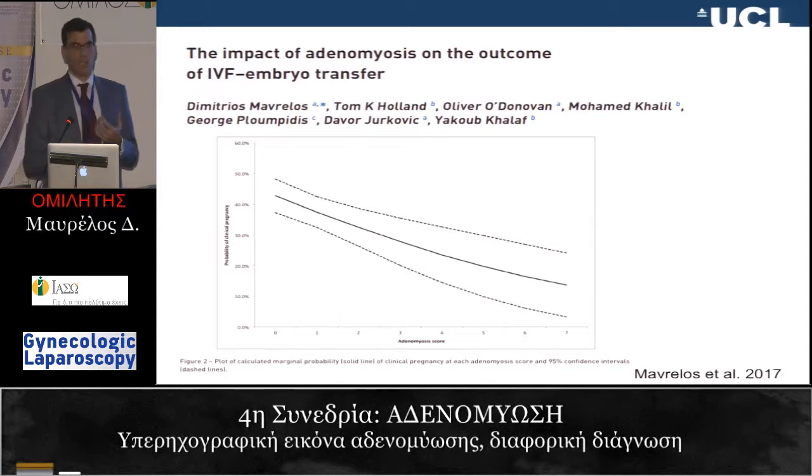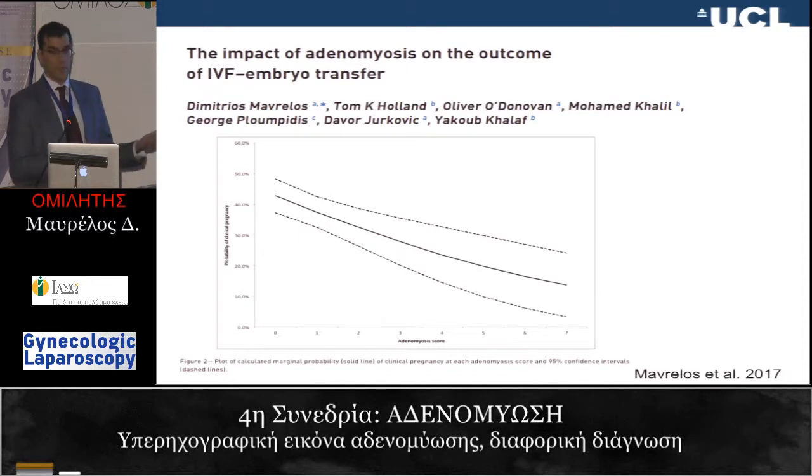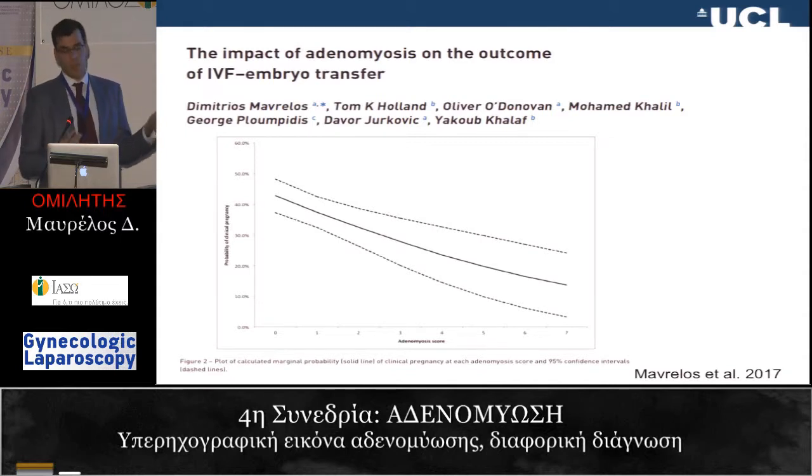But if you then try and score adenomyosis and say, you've got 1, 2, 3, 4, 5, 6, all of them, the more features you accumulate, the less likely you are to be pregnant after a cycle of ovarian stimulation and embryo transfer. And to give you a useful guide, if you've got 4 or more, then you have half the chance of being pregnant after IVF. What you do with that, nobody knows. Professor Vlachos talked about prolonged downregulation. There is some evidence, for example, that prolonged downregulation reduces the inflammatory load in the uterus. Whether that actually makes a difference for getting pregnant remains unanswered.